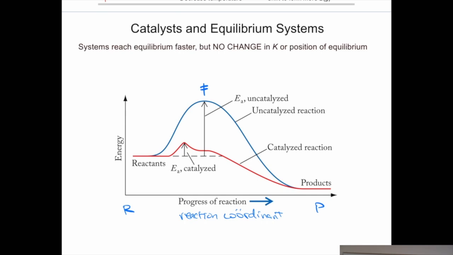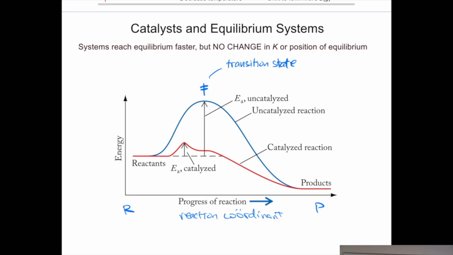The transition state. You have to remember what that transition state is. It's something that's really, really unstable. It probably has more bonds than it normally could have if you were to try to draw a Lewis structure for it. It requires a lot of energy for it to even exist. But once it's made,